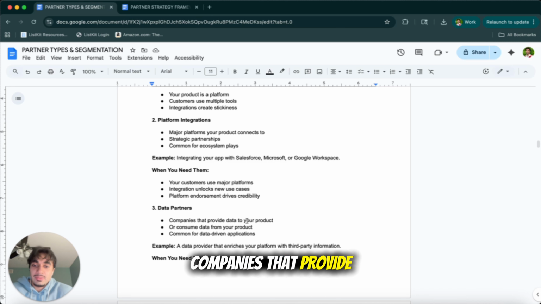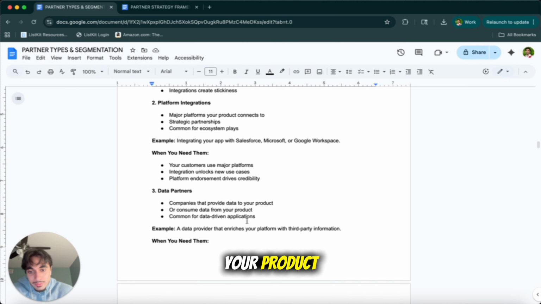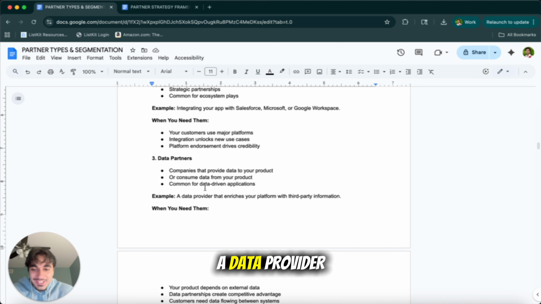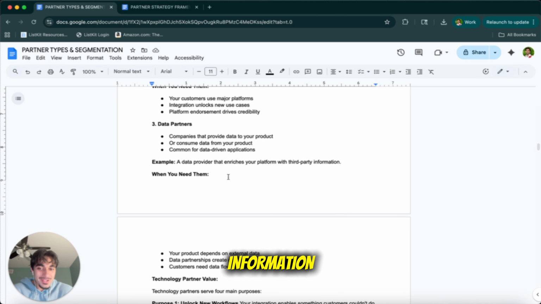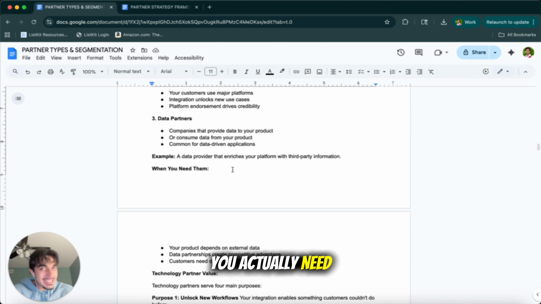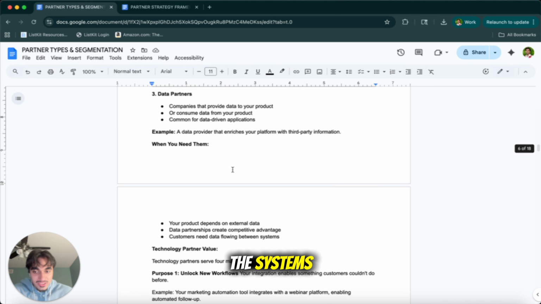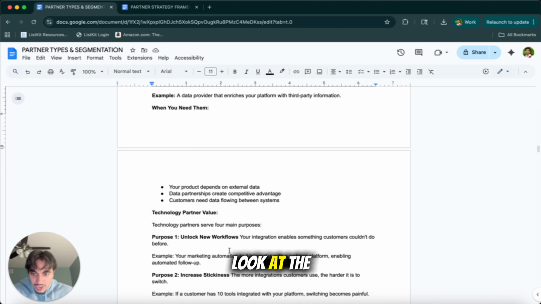Data partners: companies that provide data to your product or consume data from your product. Common for data-driven applications. A lot of data. A data provider that enriches your platform with third-party information. And so when you actually need them, your product depends on external data, right? They create partnerships. The partnerships actually create competitive advantage, and customers need data flowing between the systems. So when you look at the value, right, the purpose of everything,